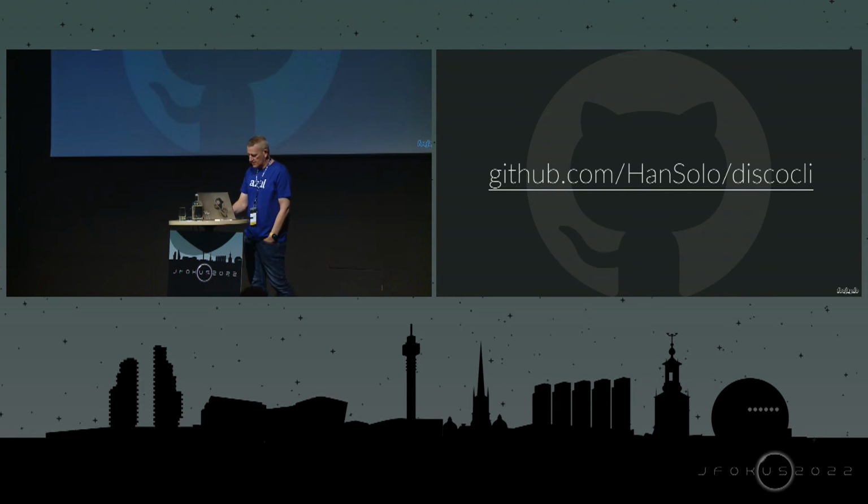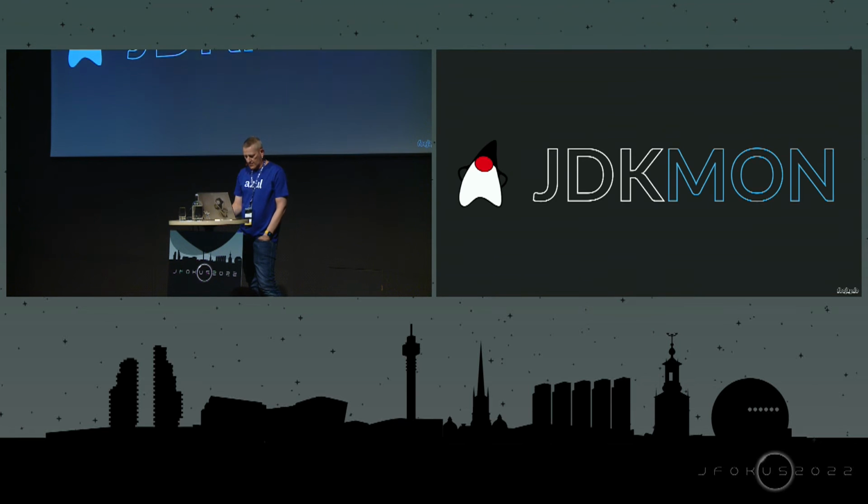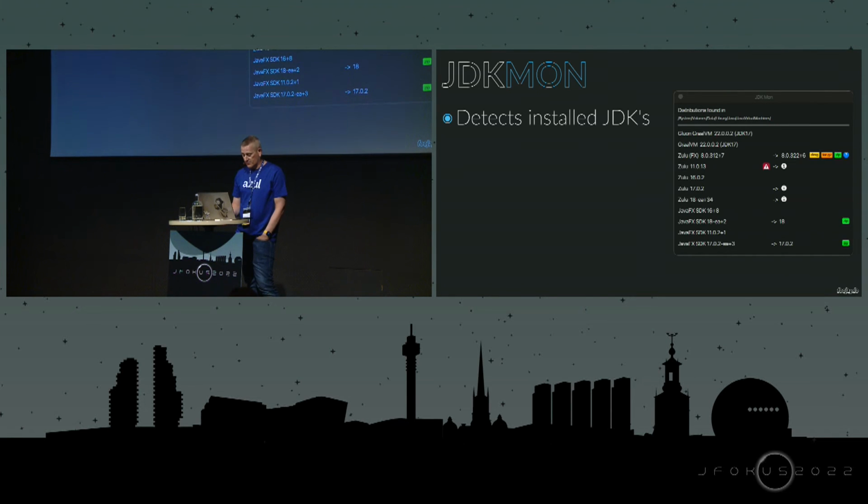And we built Disco CLI also using JReleaser. And then there's another tool that I created because I'm lazy. What always bugs me is when there's a new version out, I don't know all the dates when the next update release will come. So I always was struggling with, is the new version out or not? So I built a little tool, which is JDKMon, which uses the Disco API,